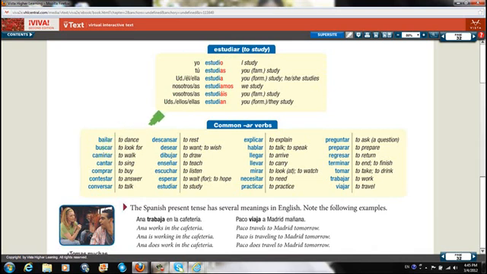Okay. How about, let's see, the guys are looking for the book. Ellos, we just want to say they. The ending is A-N. Ellos buscan el libro. Muy bien. I'm just taking a couple examples here of each one so that we don't take all of our